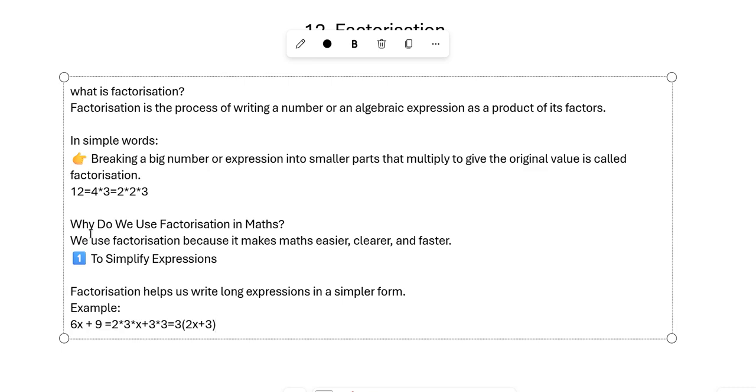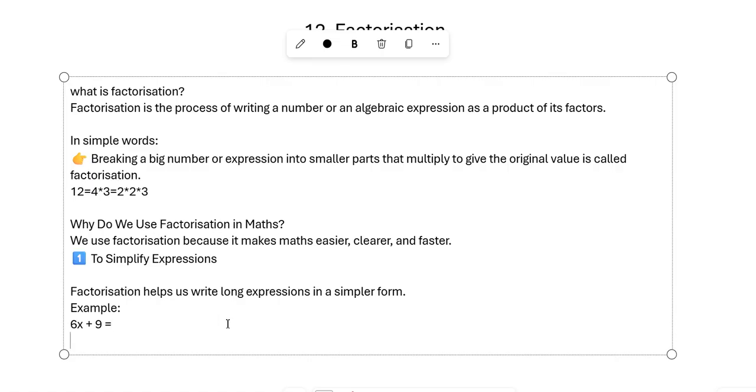Okay, next, why do we use factorization in maths? We use factorization because it makes the maths easy, cleaner, faster. Okay, to simplify the expression, factorization helps us write long expressions in a simple form. For example, if I take 6x plus 9, we can write it as,